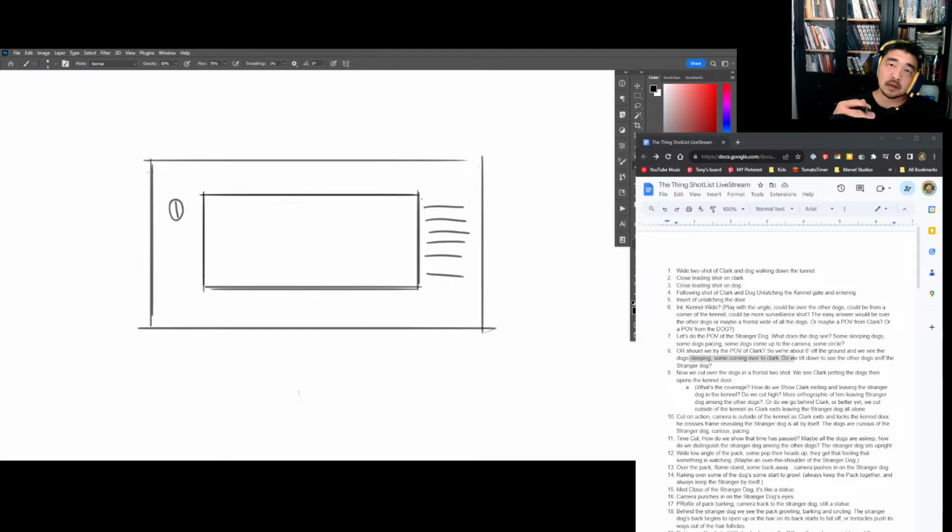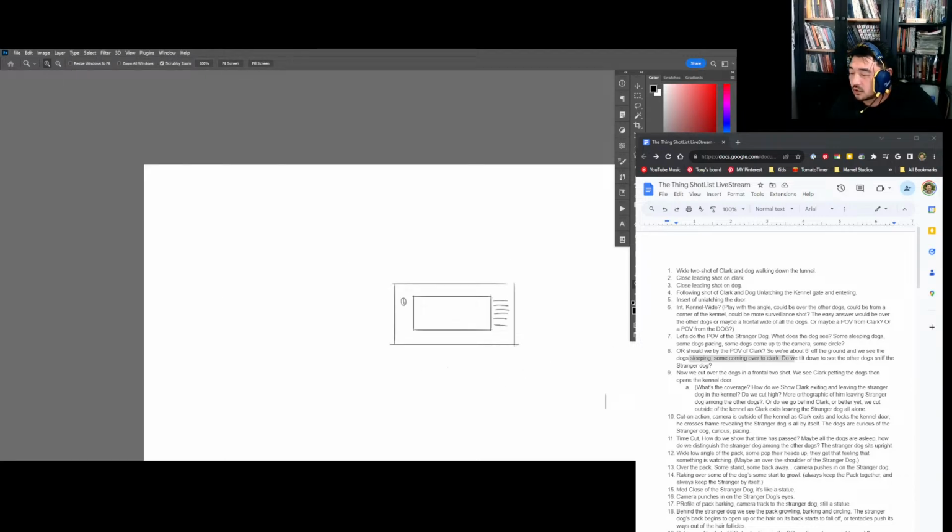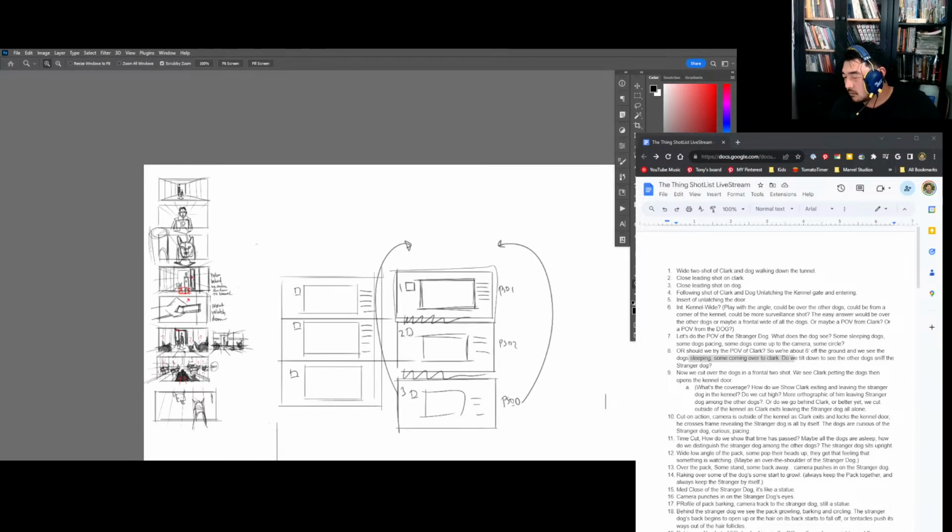I think I should do a demo on Storyboard Pro one of these days. Again, this is just my second time, just testing it out, seeing how it goes. But maybe there'll be interest. If not, we won't. But anyways,